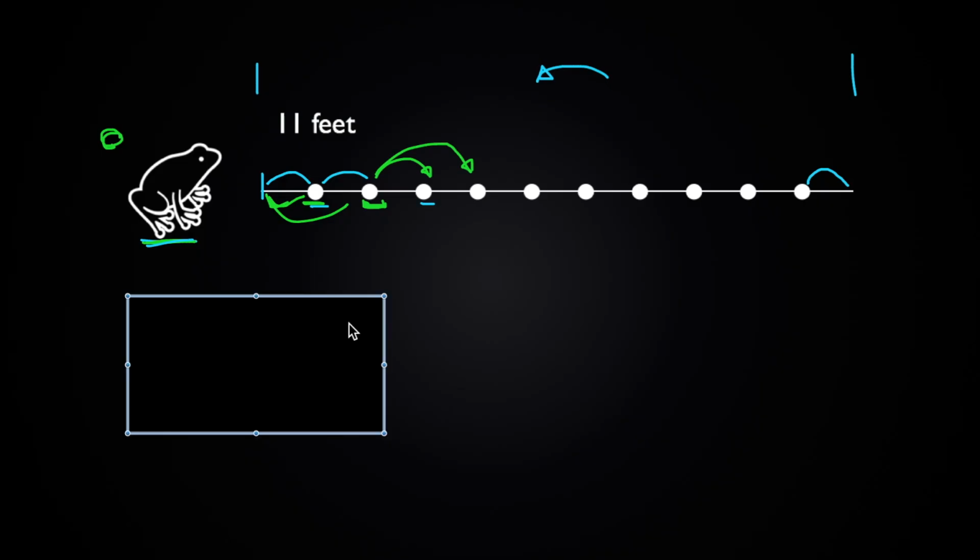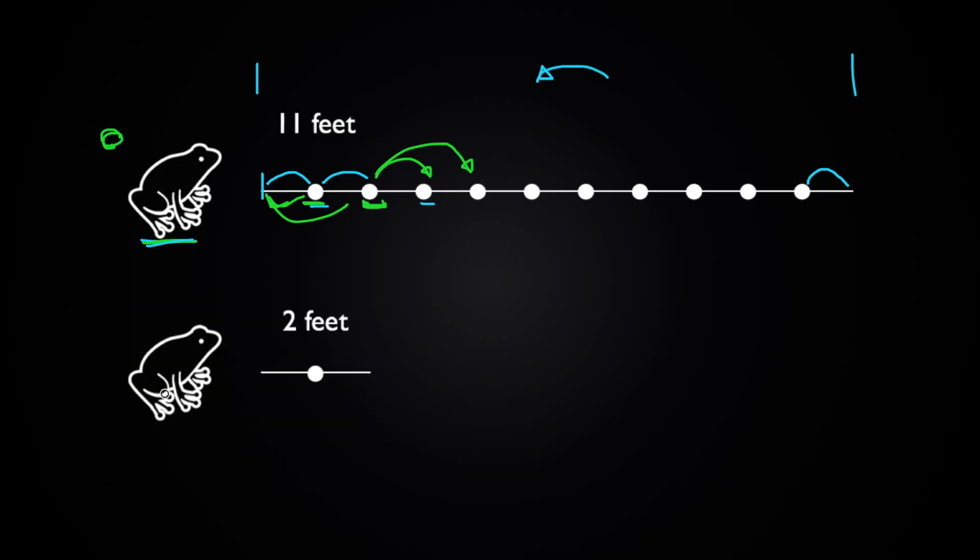And a simpler version of this problem would be this one right here, where there's a frog on one side of the river, just like before, but instead of 11 feet, this time the river is only 2 feet, and there's only 1 stone placed. So in this example, there are only 2 ways for this frog to go from this side to that side, because the first way would be to jump directly from this side to that side, and then the second way would be to jump to the stone and then to that side of the river. So see if you can solve the same problem for the case where the river is 11 feet wide instead of 2 feet wide. And actually the solution is pretty interesting, and it involves using recursion.